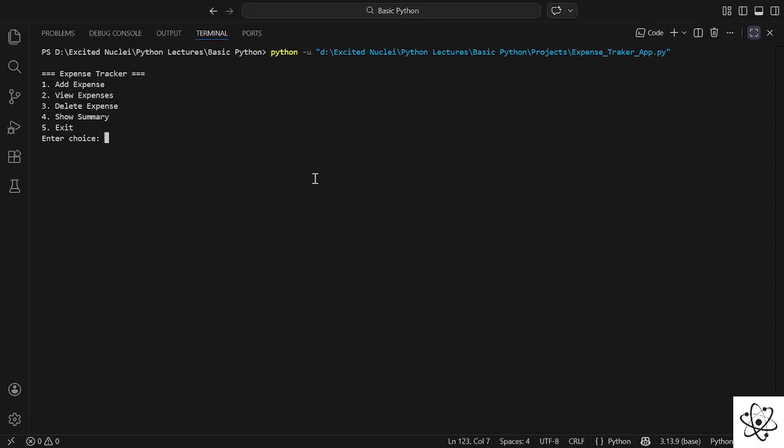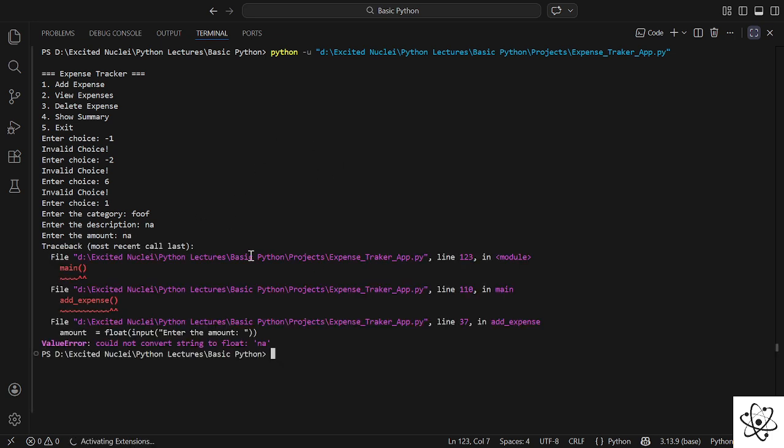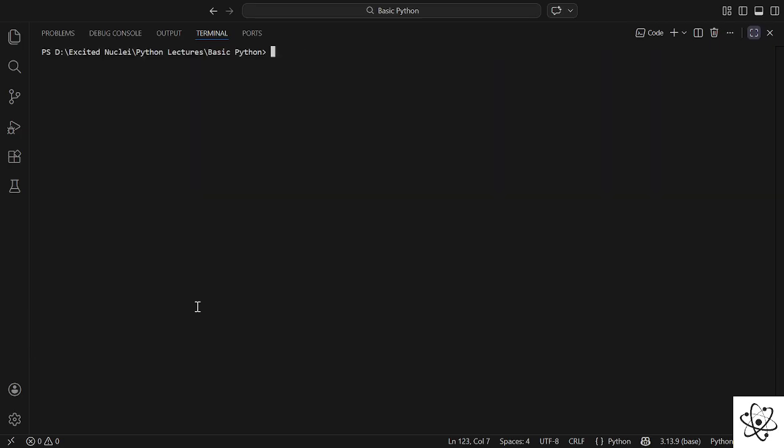Okay, for now let's check the invalid choice handling. Okay, it's asking again, let's say -2, it is asking again, now 6, invalid choice. Okay, now 1, add expenses, the category is food. Actually I've written that wrong. So as you can see we get an error. Okay, now let's run it again,